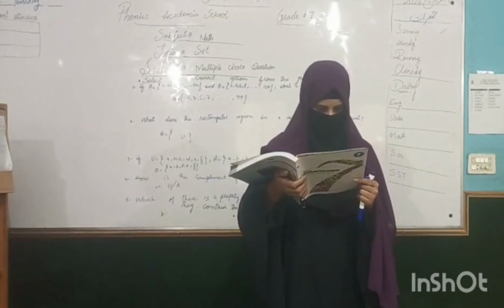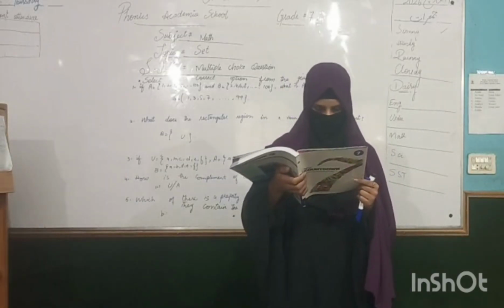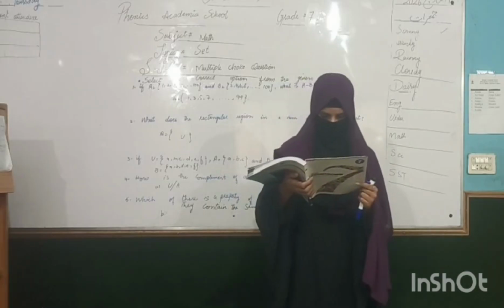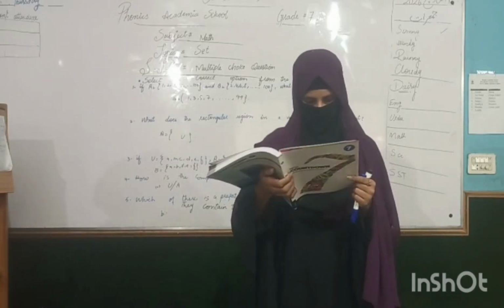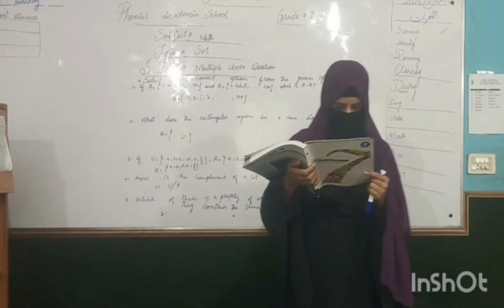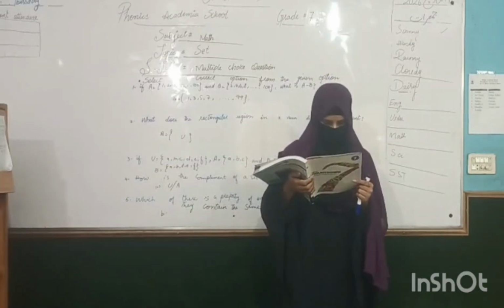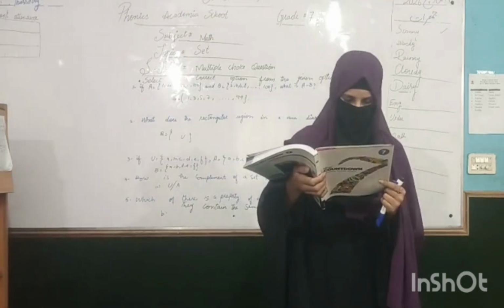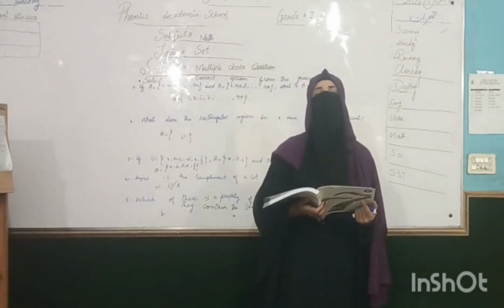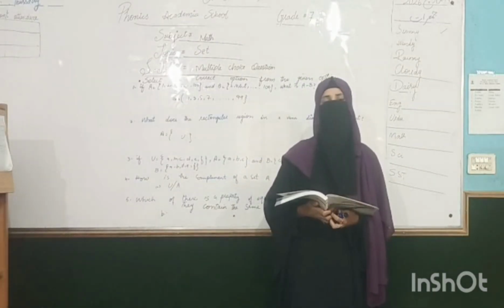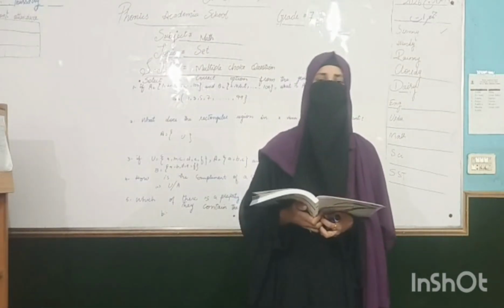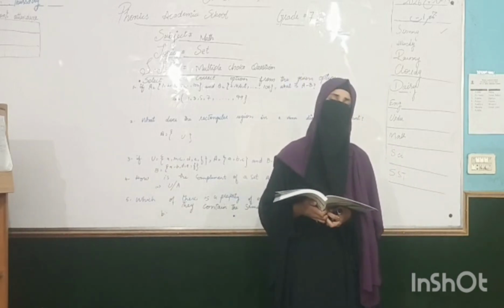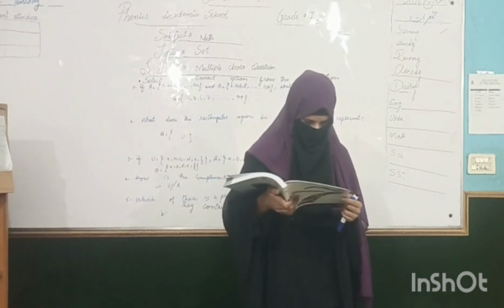The options are: A is equal to C, B is equal to A, B, D, E, F, C is equal to A, B, C, D, E, D is equal to F. So the correct option is option B: A, B, D, E, F. When you solve this question, the correct option is A, B, D, E, F. Remember that firstly you take the complement of A, then the complement of B, then you take the union of both sides. When you take the union of both sides, arrange the elements in order.